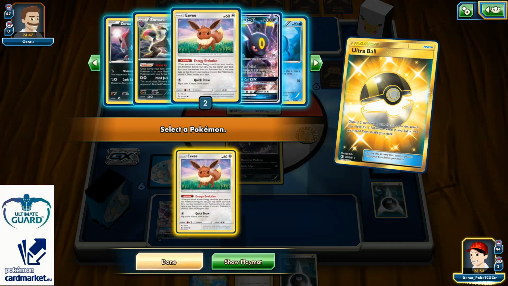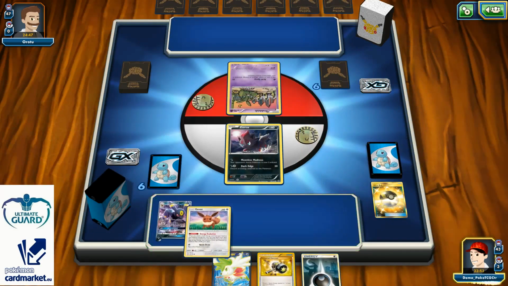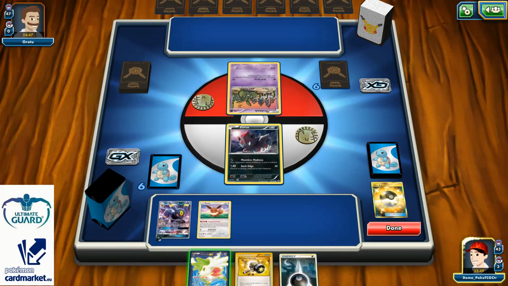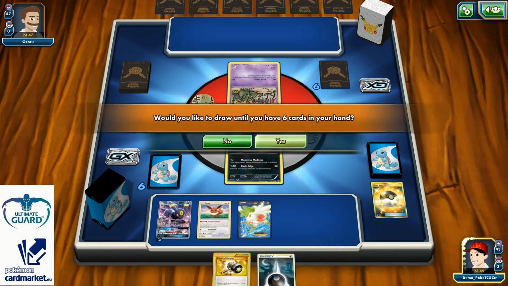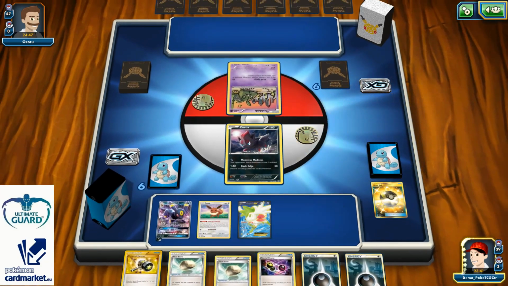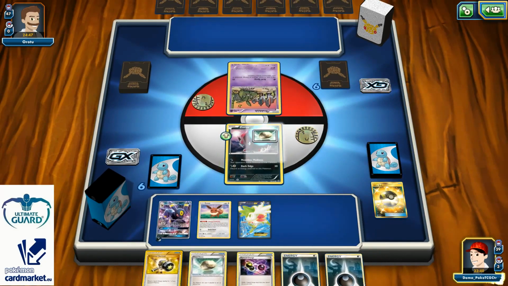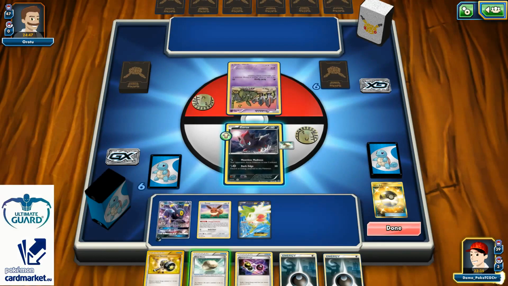Thinking about getting 1 more Eevee. Is it worth to set up right now? I don't know if I need extra cards, maybe like a Float Stone. Let's see what we can find with the Shaymin. Maybe Jirachi and Float Stone are not gonna be that bad. Okay, there is a Float Stone, and more than that, I'm gonna just